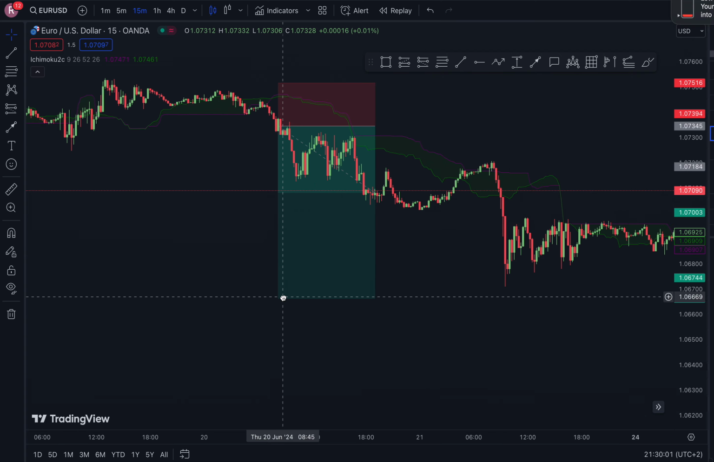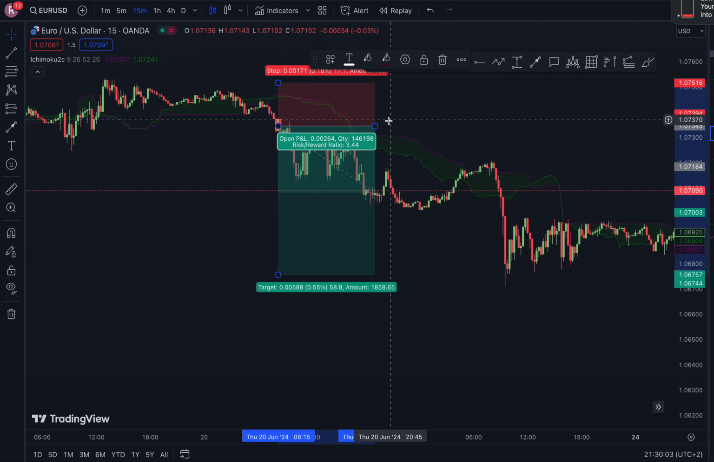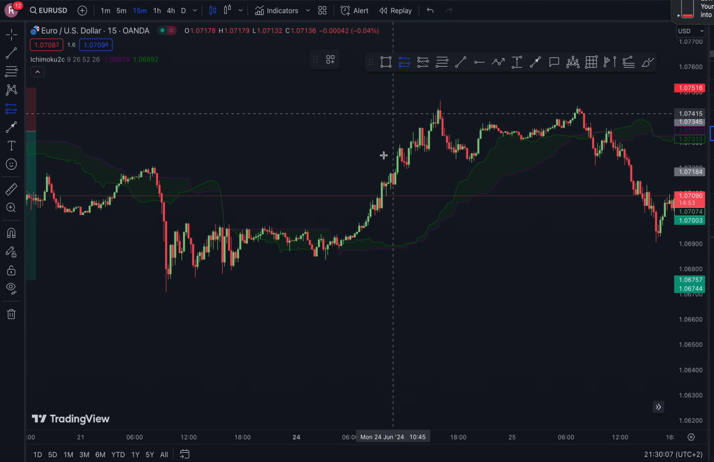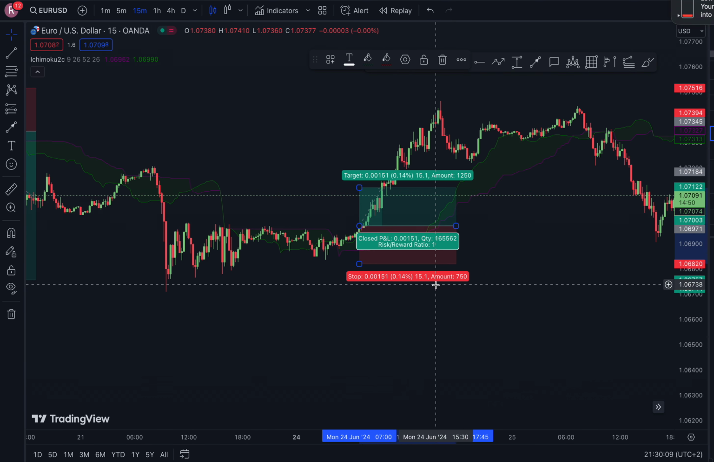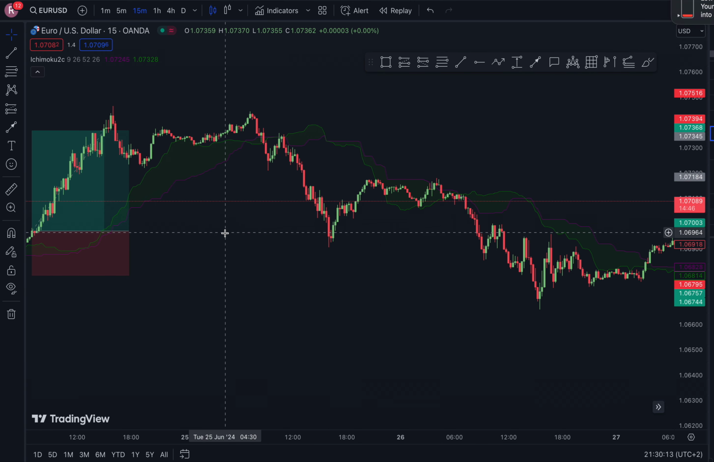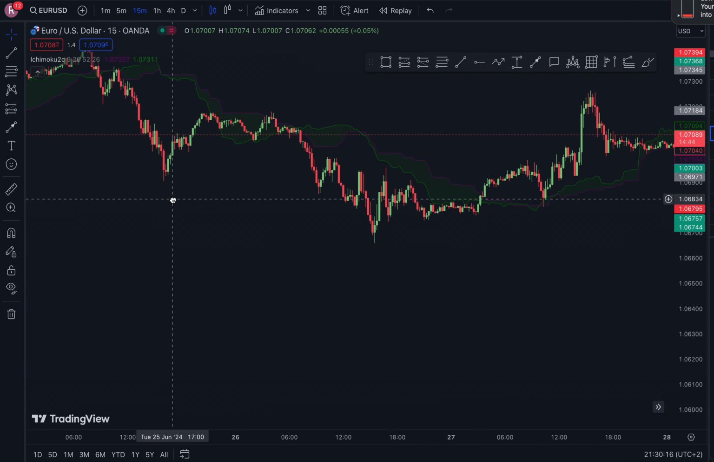Ichimoku cloud doing the most. There we go. And yeah, let's keep going. Price breaks out of our Ichimoku cloud. That's another buy. As you can see, the indicator does work,